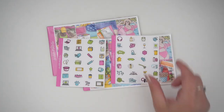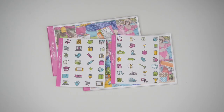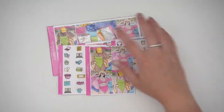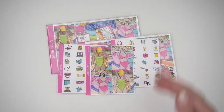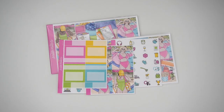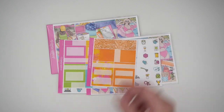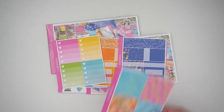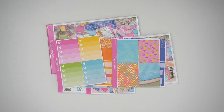We have Doodle and Doodle 2. These colors are just honestly fantastic. It's kind of wild. We also have Fashion, which has the variations to have all Fam 6 between these here. Then we do have the Label Sampler along with Label Sampler 2 and then Label Sampler 3. Then there is ombre as well as the patterned